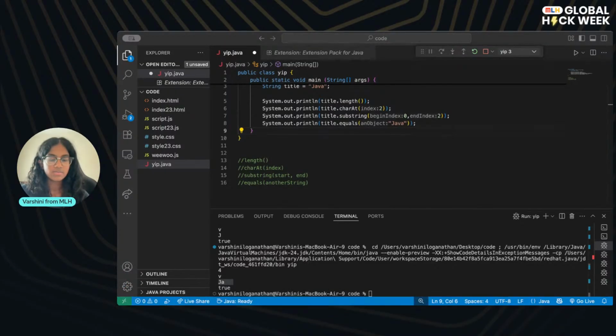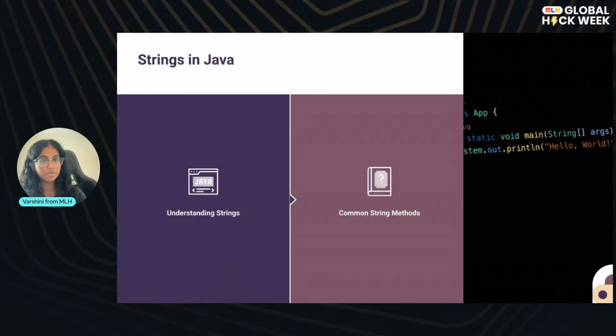So yeah, that was our little demo about strings. And by the way, just in case you didn't know, strings are immutable. So basically what that means is once you create strings, their contents don't change. Every time you modify a string, Java is actually creating a new string. Any other object like what we've been talking about, so strings and doubles are mutable. So you can change their value, you can add to it, but strings are immutable. So you will not be changing the original string if you try changing a string.